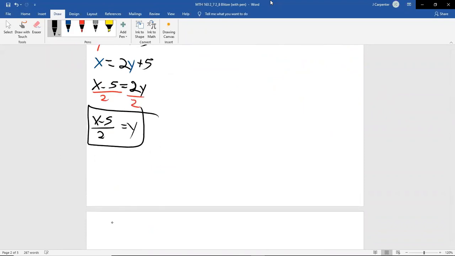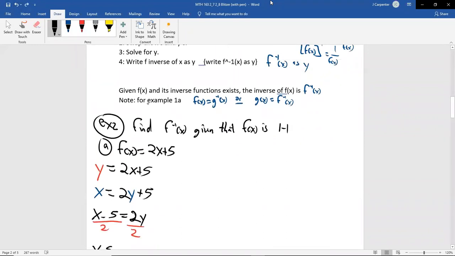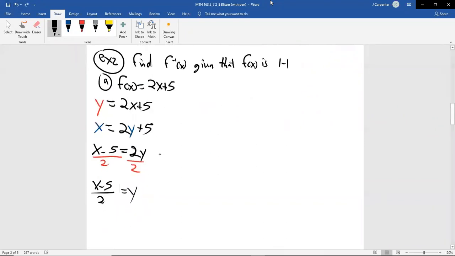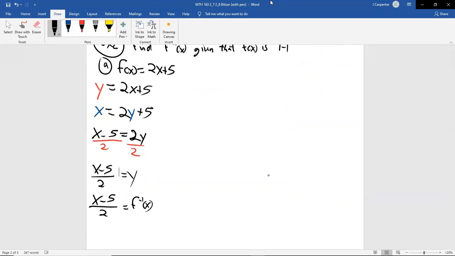Now, if you stop here, that is wrong, because you are not demonstrating that you have just found an inverse, which is why that last step says write f inverse instead of y. So we just changed the y to an f inverse. So x minus 5 all over 2 equals f inverse of x. Yes, you can certainly split this as x over 2 minus 5 over 2 equals f inverse. But the reason I chose to write it this way is because, well, that's how the answer to 1a looked. Or not the answer, g of x. So f inverse is g of x, as we said earlier. We did not lie to you.